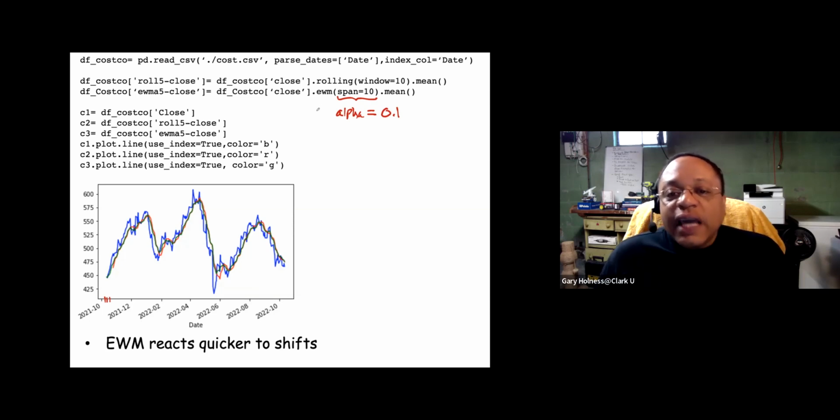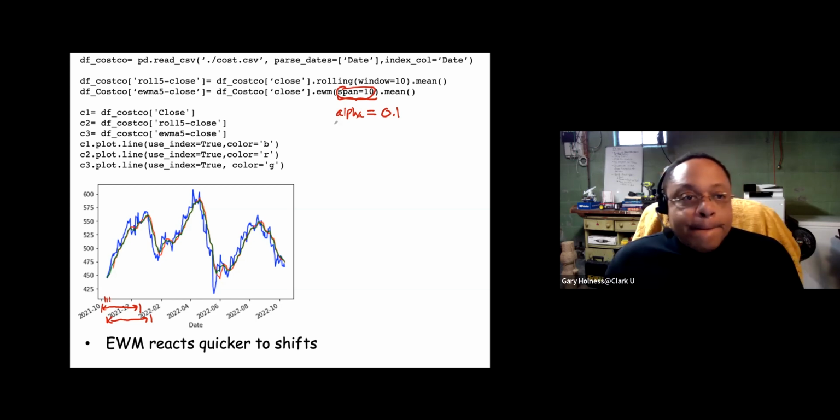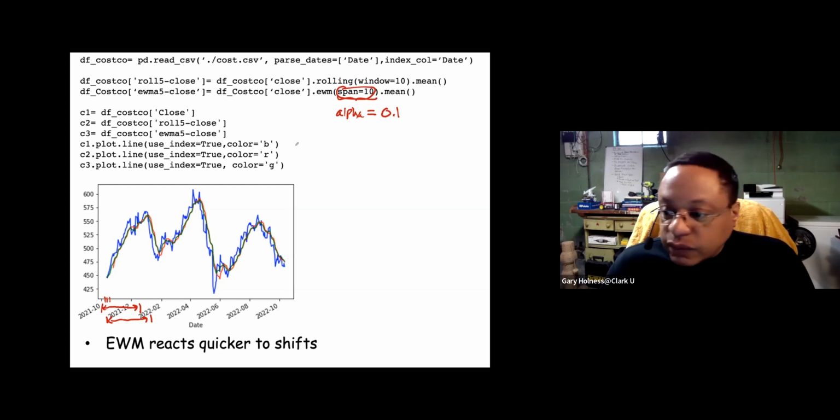And so in either case, for the rolling average, you have a window size, and that window size represents how many measurements over which you're computing this rolling average, and that window moves from one time instant to the next, as we saw in the previous slide. But for UMA, this span is not the same as a window. All it represents is indirectly how you set your alpha, and we'll have an example of that. Any questions about this? Does that make sense?